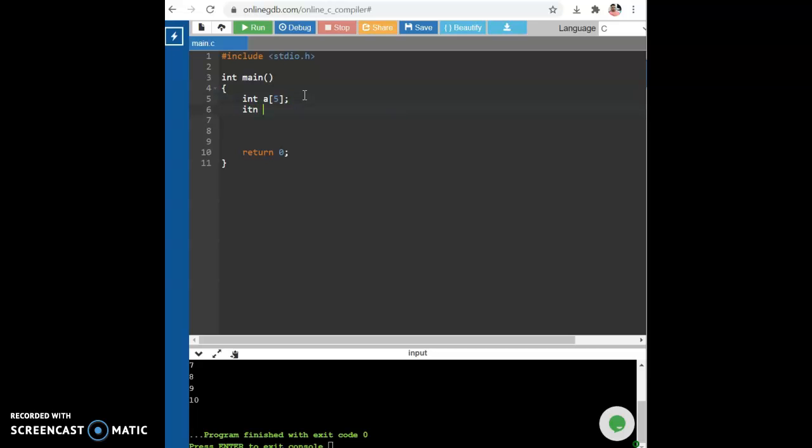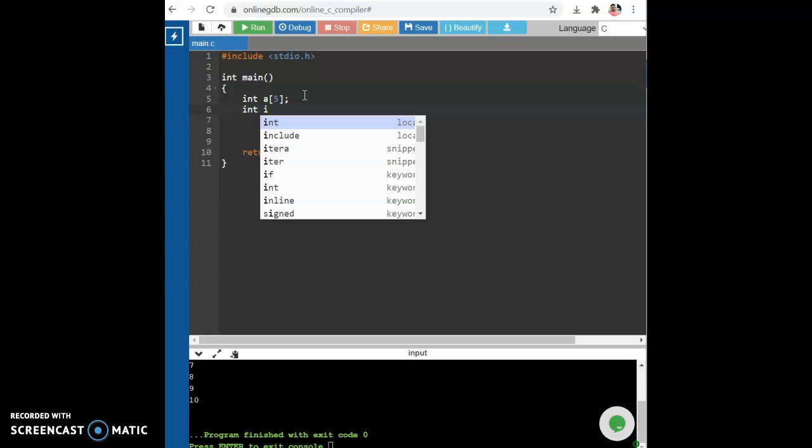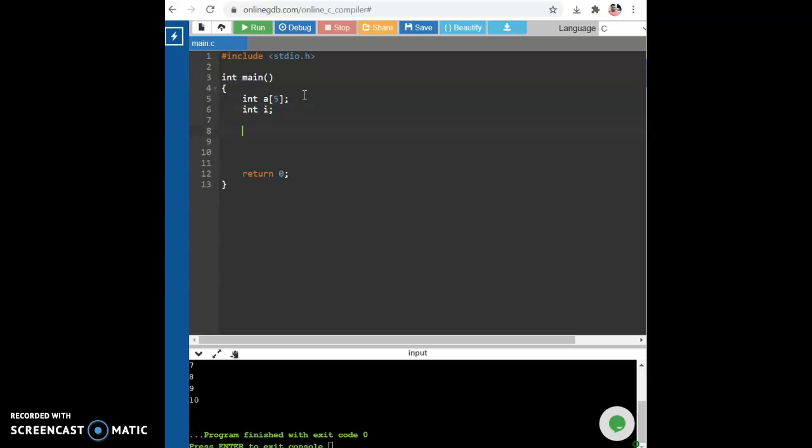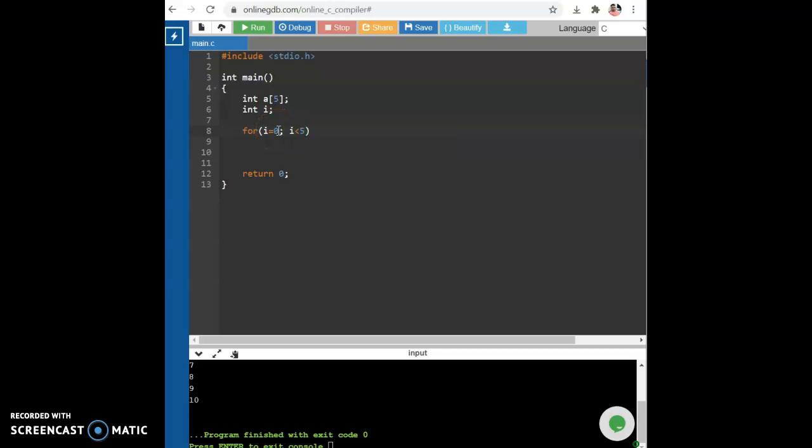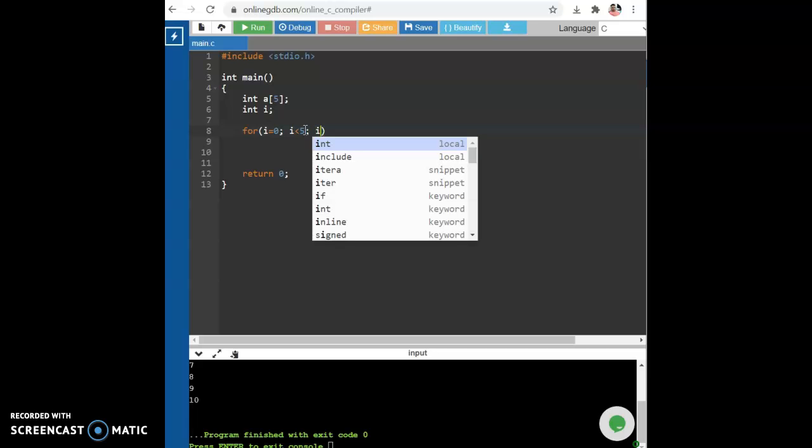and I'm setting the index for executing the loop. I'm using a for loop, and this for loop will start from i equal to 0. This array has 5 elements, so this loop will run from 0 while i is less than 5. So starting from 0 to 4, this loop will run, and if the value of i becomes 5, the loop will not work. The control will move out of the loop, and i plus plus